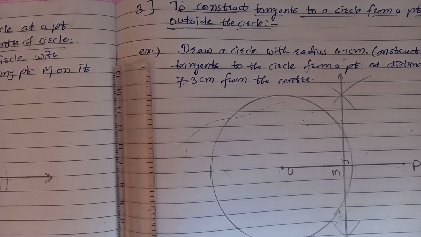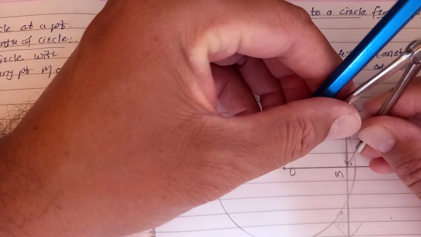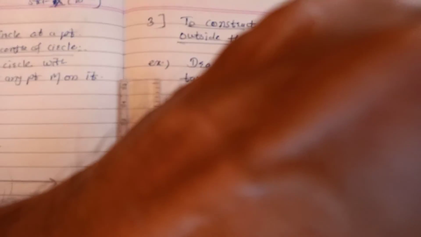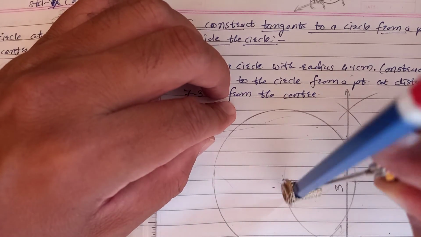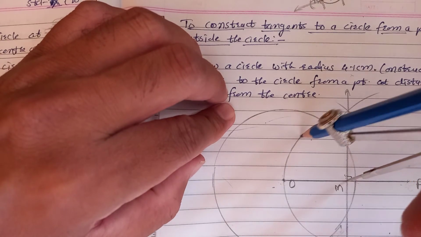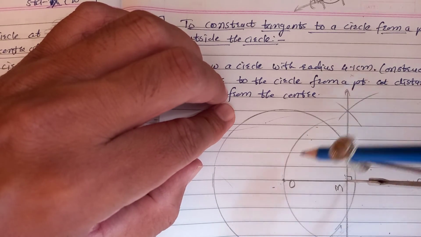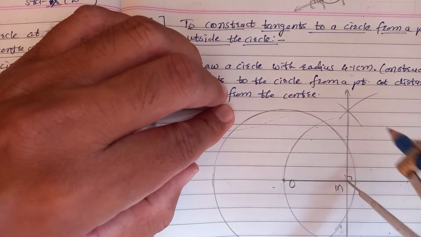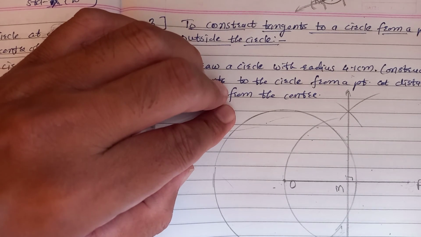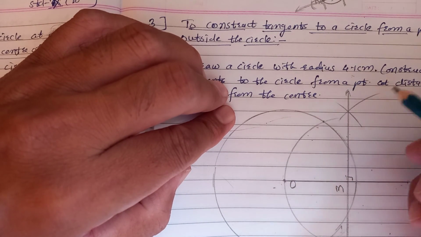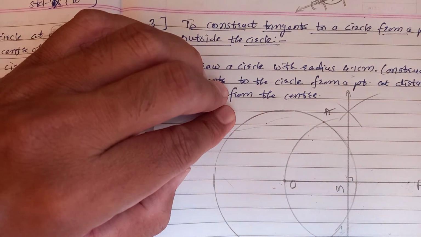So what I told, here you have to take the radius either OM or OP. Both are the same. So here you have to draw one arc like this that intersects this circle. You can draw the whole circle also. Some students can draw this whole circle, no problem. But what is important is that the arc should intersect this circle. Okay, remove this. Name the points. Suppose this is A and this one B.